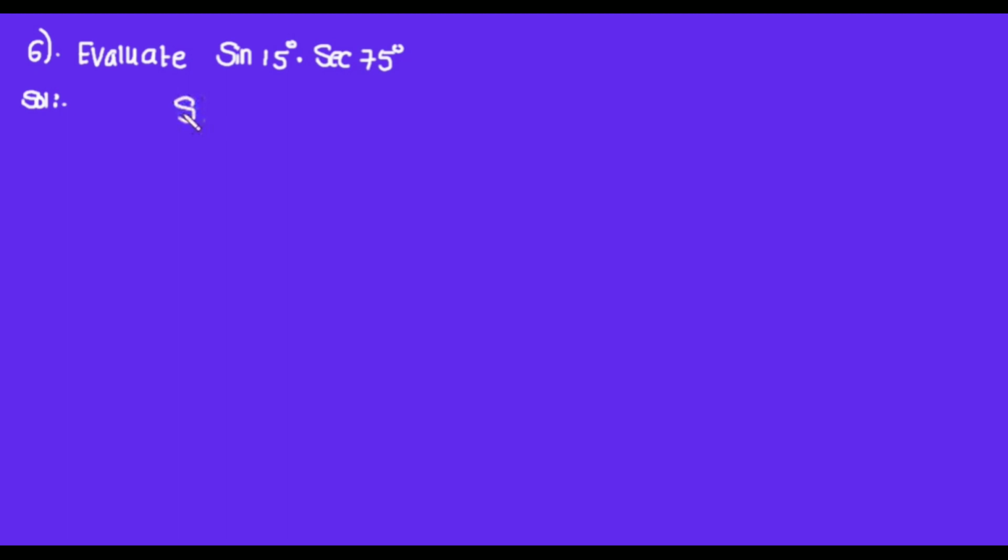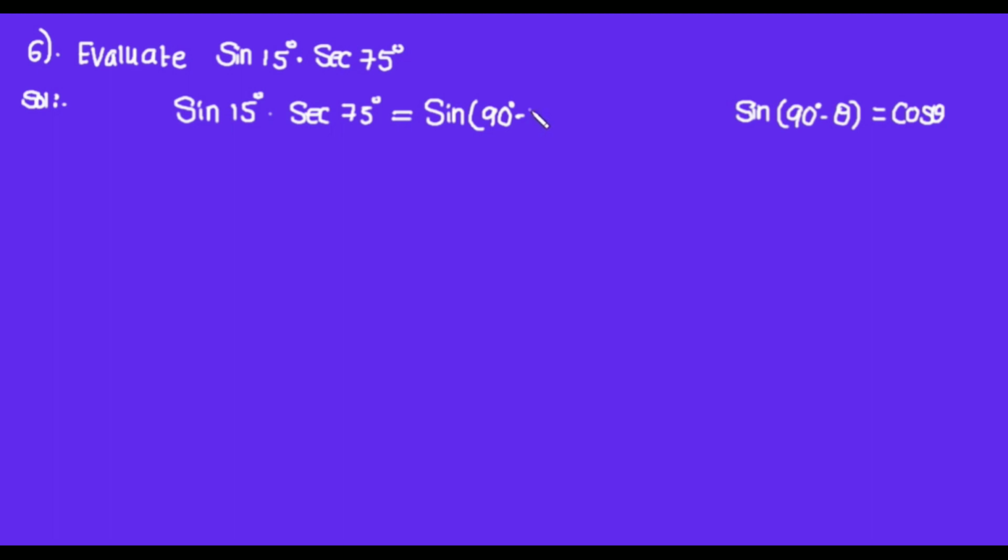By observing the problem, we can find that the sum of given angles is 90 degrees. So sin 15 degrees can be written as sin of 90 minus 75. Why? Because 90 minus 75 is equal to 15 degrees, and the remaining part is secant 75 degrees. We know that sin of 90 minus theta is equal to cos theta. So sin of 90 minus 75 degrees can be written as cos 75 degrees multiplied by secant 75 degrees